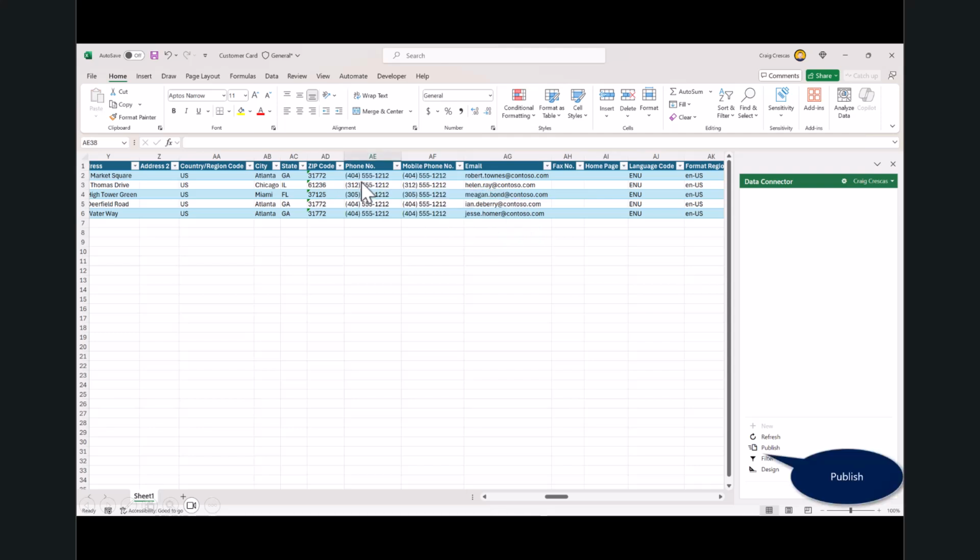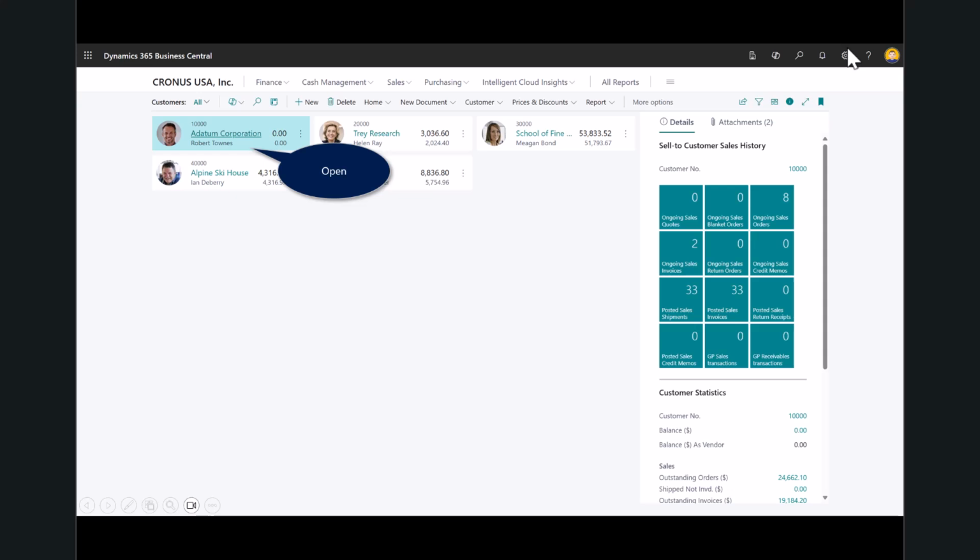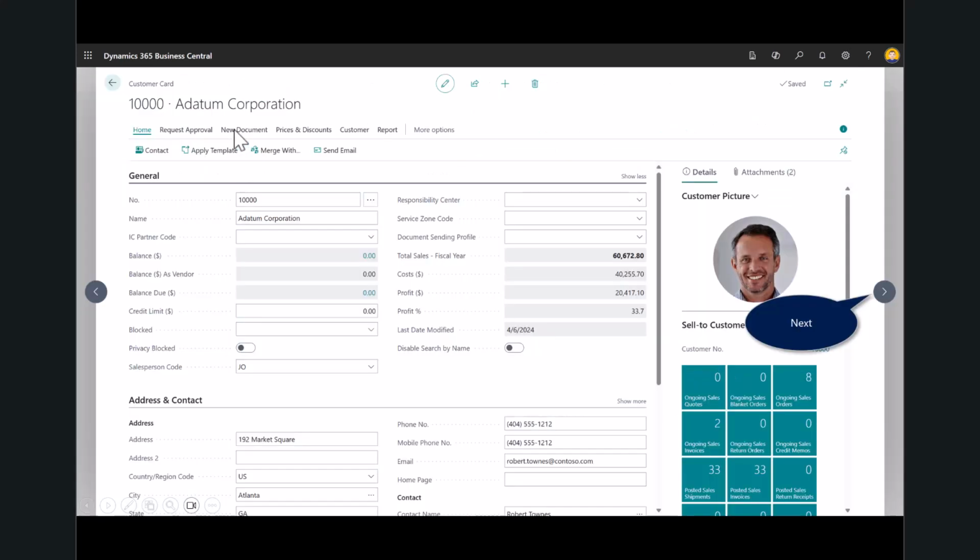So I put in a bunch of fictitious phone numbers. And with the add-in, on the right side, I hit publish. It takes a few minutes. You notice that it says it's successful. If I minimize Excel and I go out to the customer card, notice now that the phone number has been